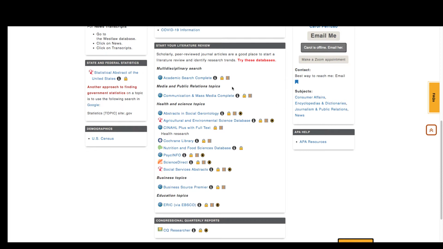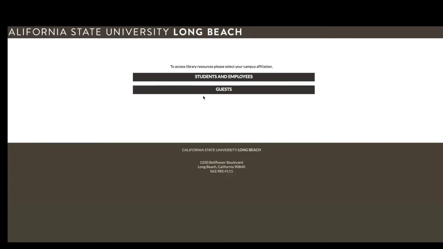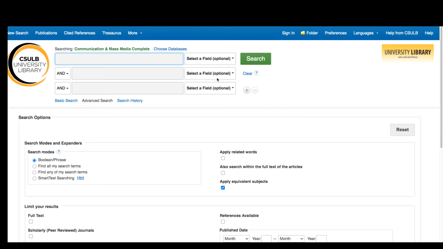The academic database that is most clearly related to your work is going to be Communication and Mass Media Complete. This is a scholarly database by and large that goes into issues and studies that affect communication and public relations and mass media. So if you click on that, I'll give you a brief walkthrough on what is involved to use it. So let's say that you are doing research on the digital divide,